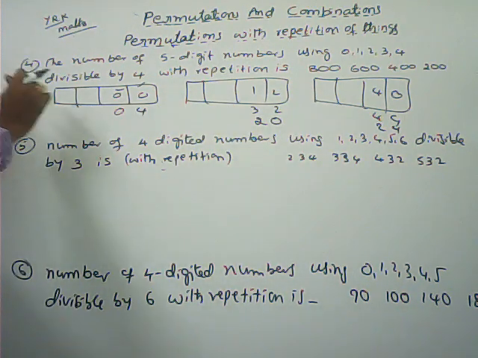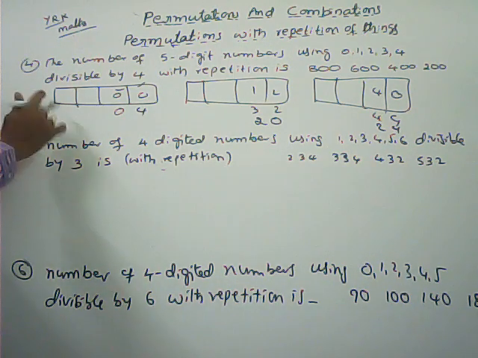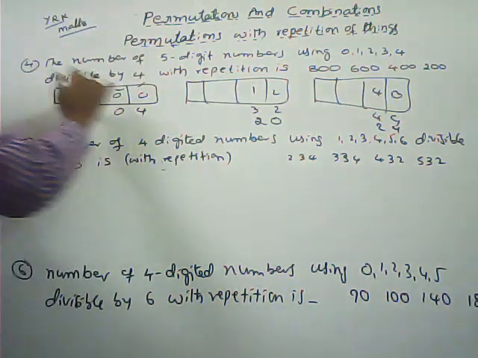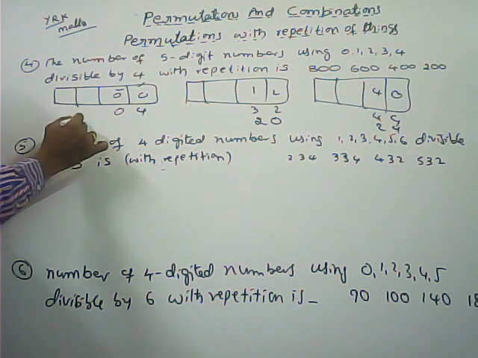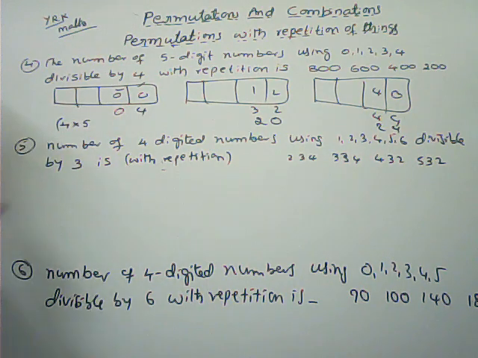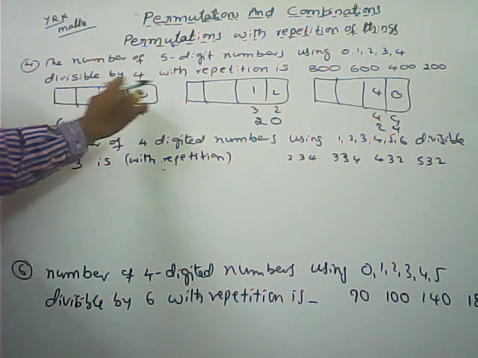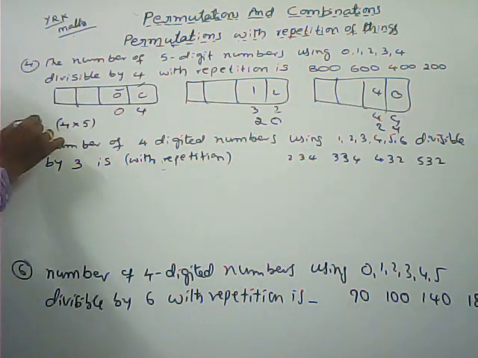So here first place can be filled with any one of the, how many ways are there to fill the first blank place? Here 4 ways are there. Don't keep 0. 1 2 3 4. You can keep any one of the 4. And to fill that second blank place, how many ways are there? 5 ways are there. First blank place 4 ways are there. Second blank place 5 ways are there. This type how many we are getting? 1 2 3 4 5 6 7 8. 8 are there.